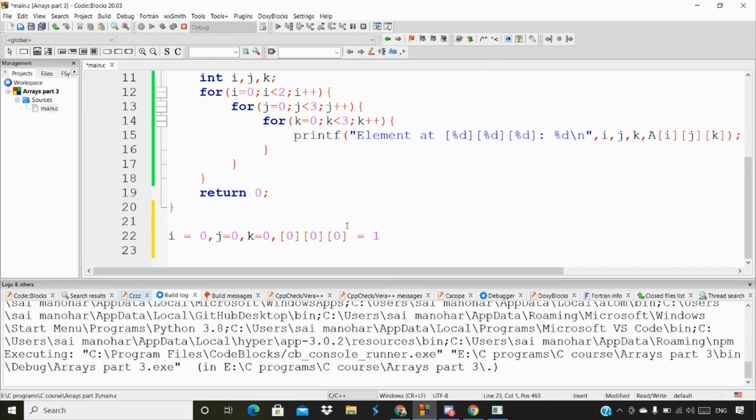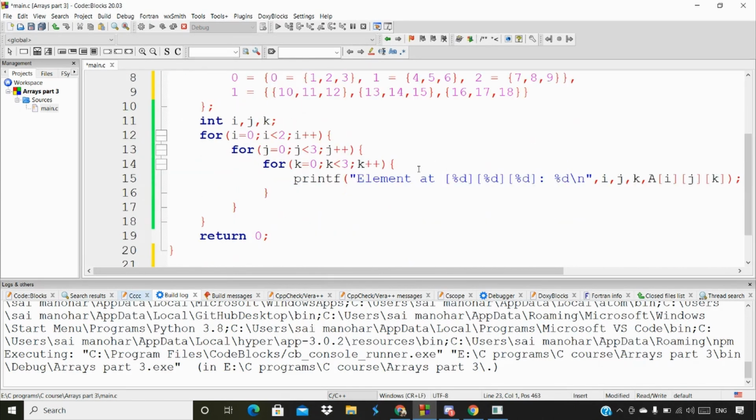Now once we display this particular data, it's going to come back to the loop here, and again it's going to do k plus plus.